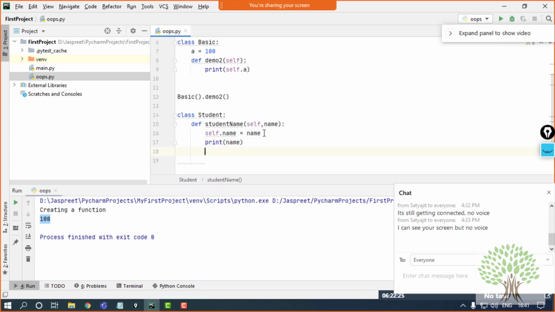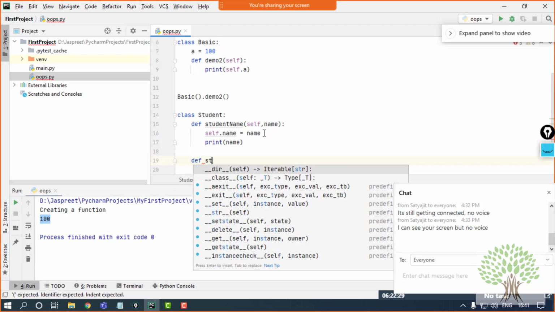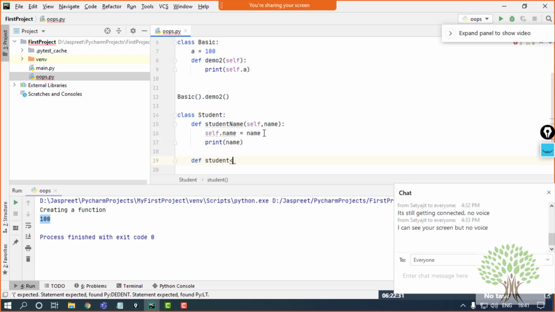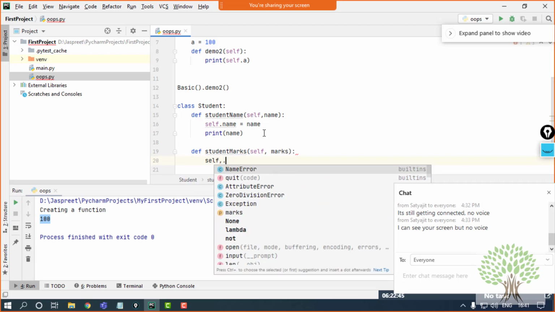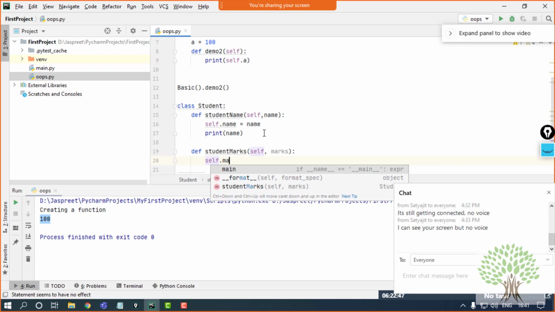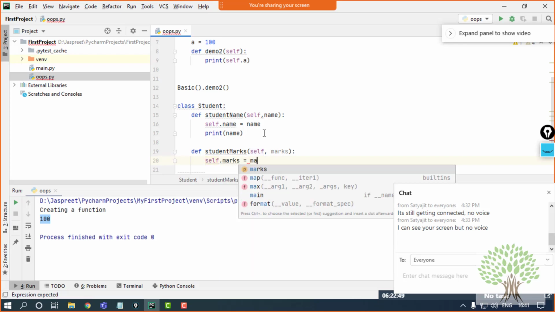Same way I'll print the name as well so that I can see the name, and same way I'll make another function which is student marks, and here also I'll pass a parameter which is the marks of the student. Self dot marks is equal to marks.